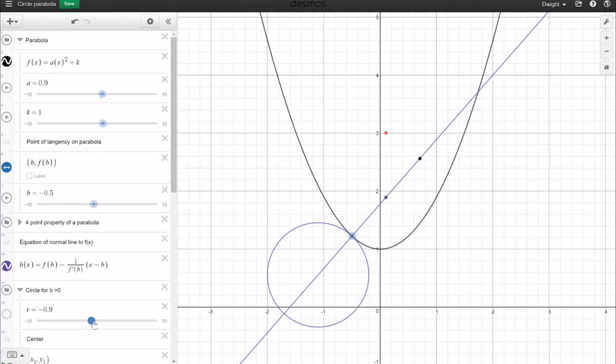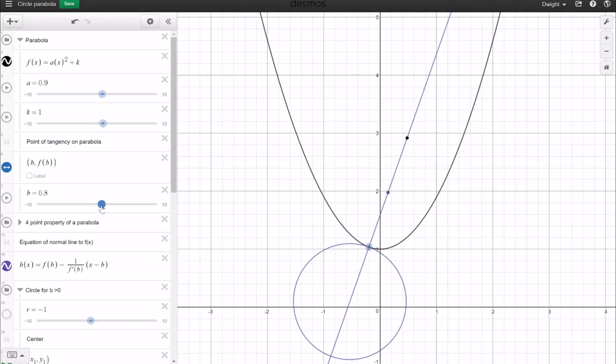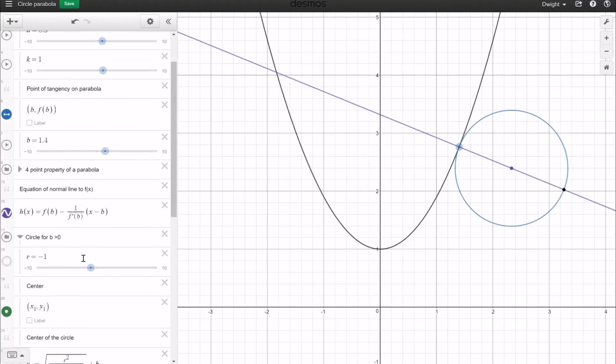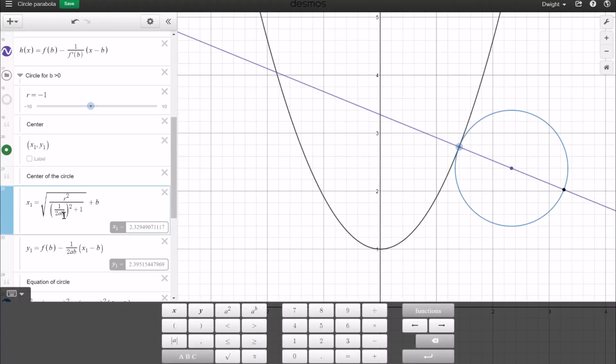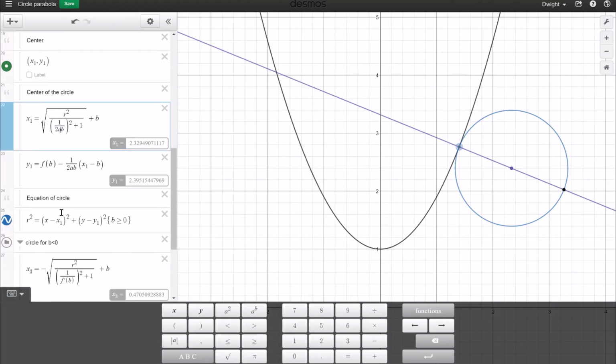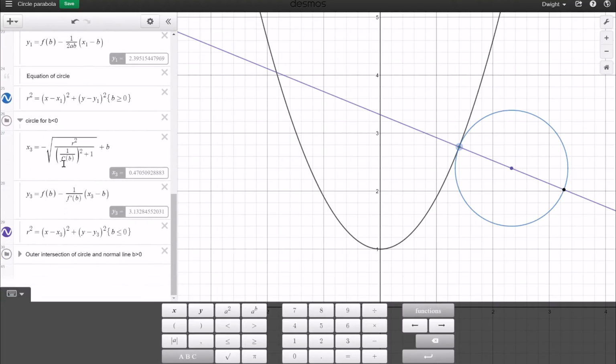We can change the radius, make that circle bigger or smaller. And if we go on this side, you can see I have the center of the circle in there. The center of the circle is defined, right? I can find any point on that curve that the center circles, but I've been having trouble writing an equation for the actual curve. So I almost have it as a parametric thing, where it's defined in terms of another variable, where the variable here is this b, which maybe a better variable would be t or something like that. This 1 over 2a is actually the derivative, because it's the slope at that point, which is what I used down here when I defined it for b